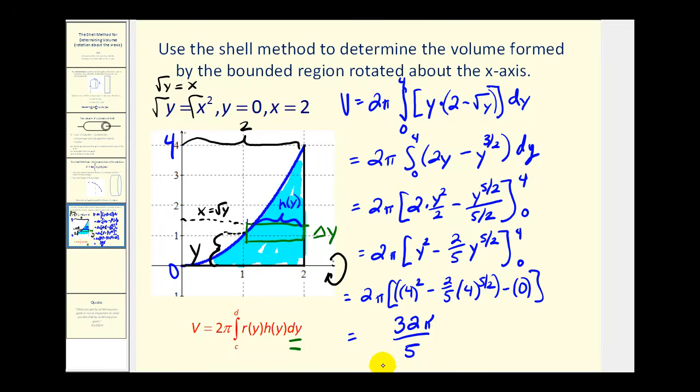which again would be the volume of the solid generated by rotating this region about the x-axis using the shell